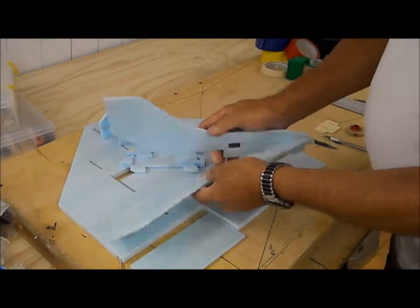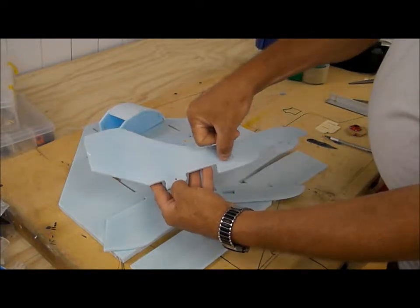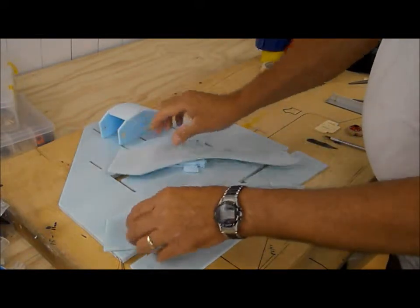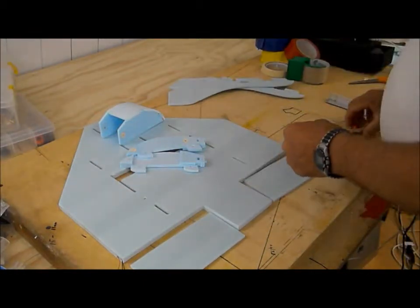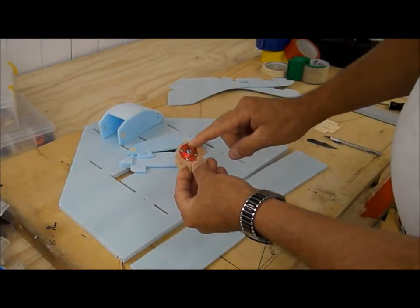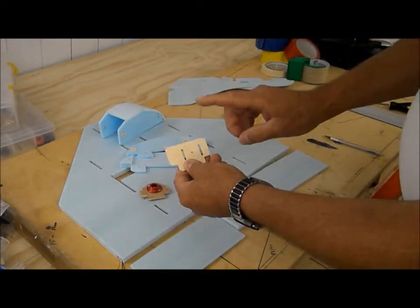On the vertical fins, I have taped them off here, cutting the tape on this line here and wrapping it around on the back sides on both of them, so those are ready. I've pre-mounted my back plate for the motor to the firewall, and I've also cut off the lip that's on the